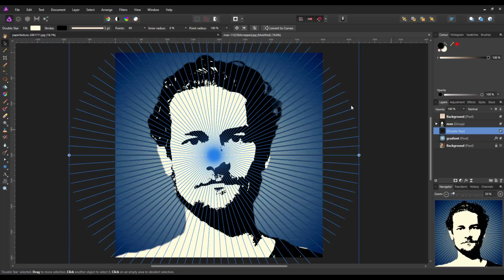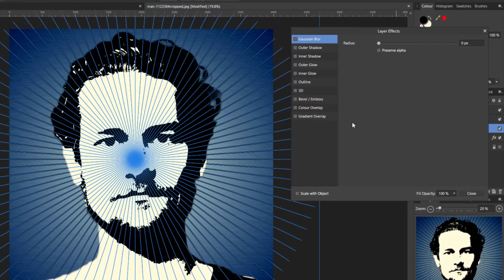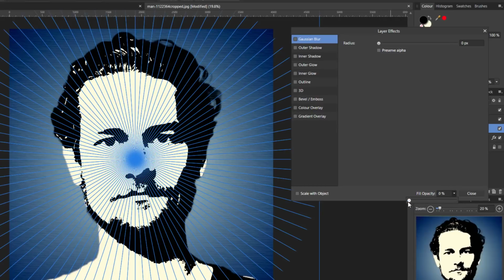So once you're happy with the position and what have you, I'm going to come to the FX button and click on that, and the first thing I'm going to do is drop the fill opacity, which is currently at 100%, down to 0. So there are no pixels in there at the moment, because we made the stroke 3, but that has made all of the pixels invisible at the moment, but it doesn't mean you can't make alterations. So I'm going to come to the bevel emboss, put a tick in there,